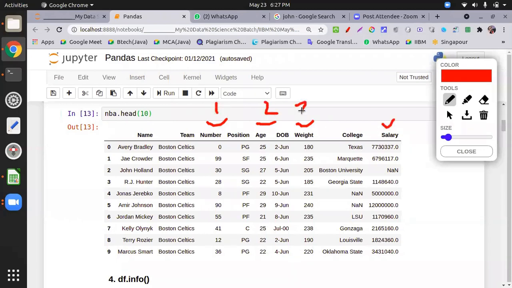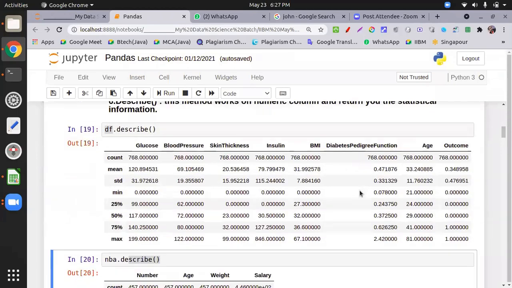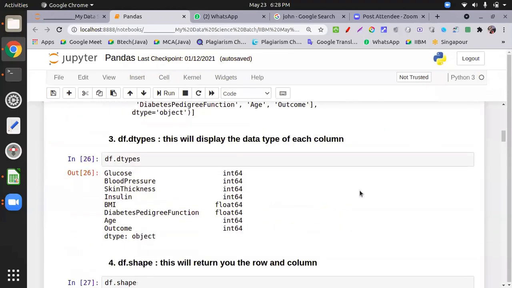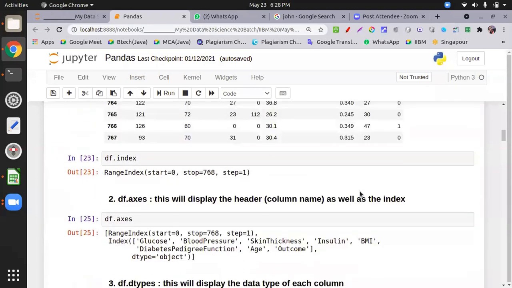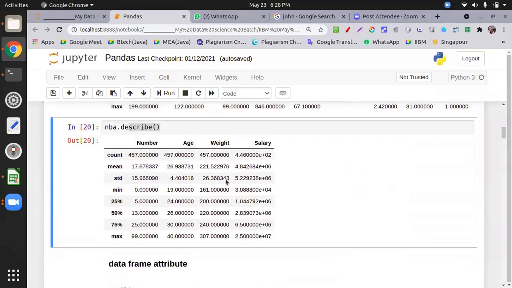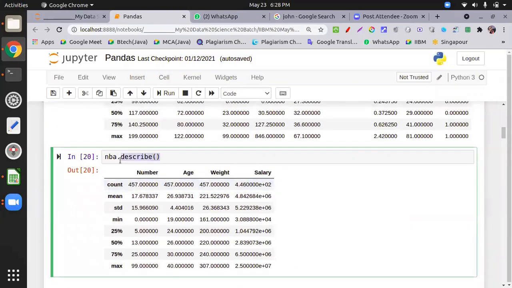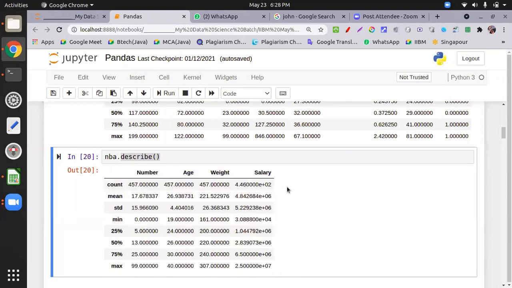So 1, 2, 3, 4. 4 columns are there. So nba.describe, check this one. Only 4 columns show you this kind of information.